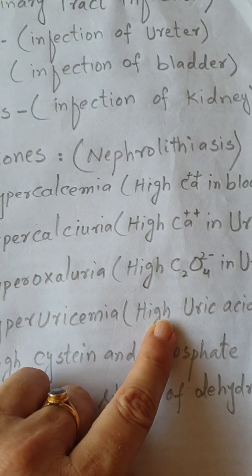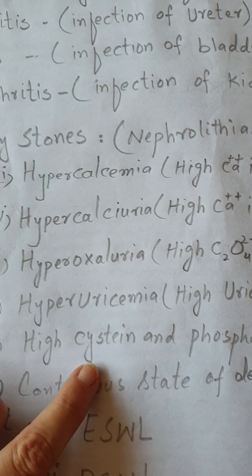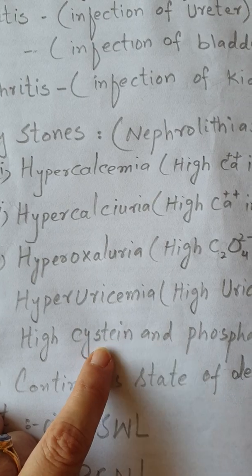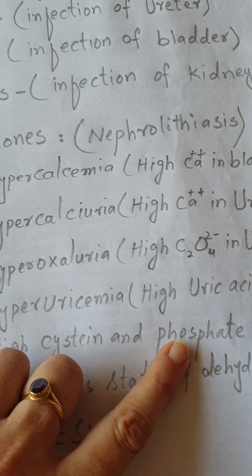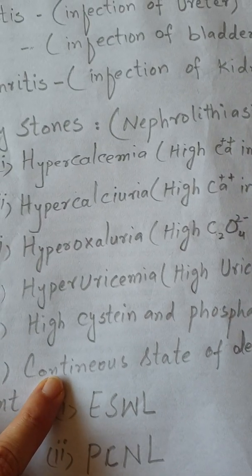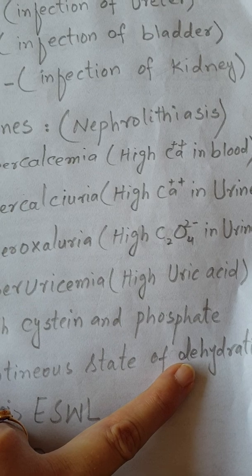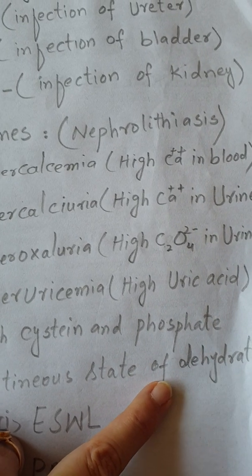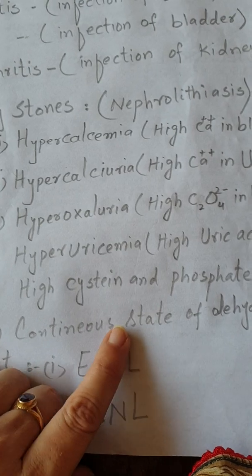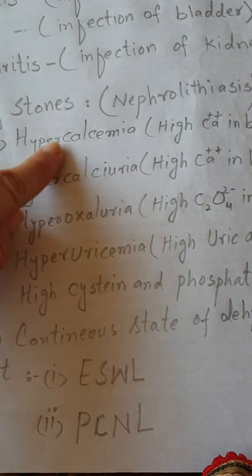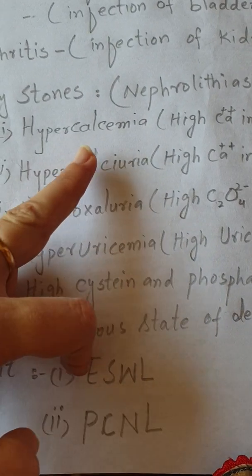Hyperuricemia, high uric acid in urine. High cysteine, that is a special nucleic acid, and phosphate. And sometimes if a continuous state of dehydration occurs in the human body, with removal of water and more urine formation due to different reasons. So all these are the causes of the kidney stones, that the calcium may be high in